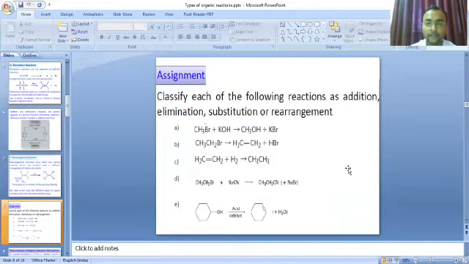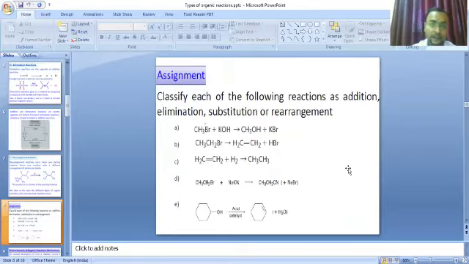In the first example, you see that methyl bromide reacts with potassium hydroxide to give the product methyl hydroxide, that is methanol, and potassium bromide. That is the substitution reaction. In the second example, bromoethane gives the product ethylene and hydrobromic acid. That is the elimination reaction. In the third example,